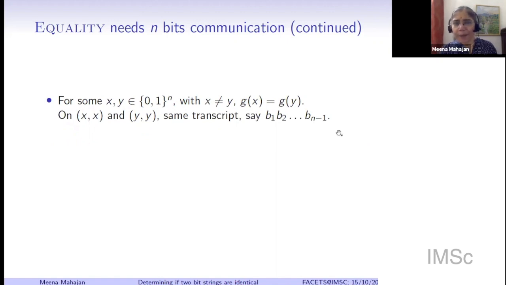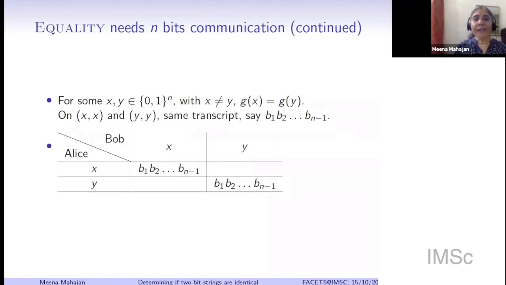I stopped at n minus 1 because we assumed that this protocol pi does not have any transcript of length more than n minus 1. But actually the transcript could be even shorter than n minus 1. It's at most n minus 1, it could be even shorter. We can just assume without loss of generality that, if the transcript is shorter, that is, they are able to figure out the answer earlier, the protocol pads things out with some junk bits so that every transcript is exactly of the same length. Okay? We can always do that. Imagine that you are given one page to write an answer for some question, and you finish writing the answer in half a page. You can fill up the remaining half with something which will be ignored. Okay. So the transcript, let's assume, is n minus 1 bits long.